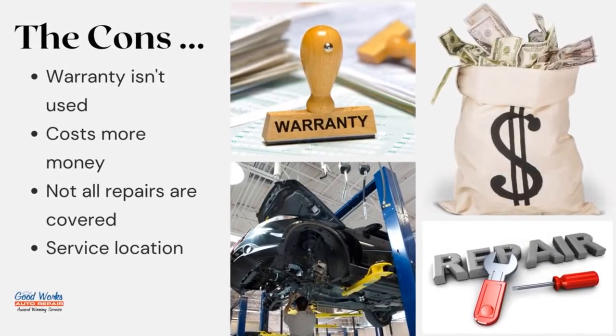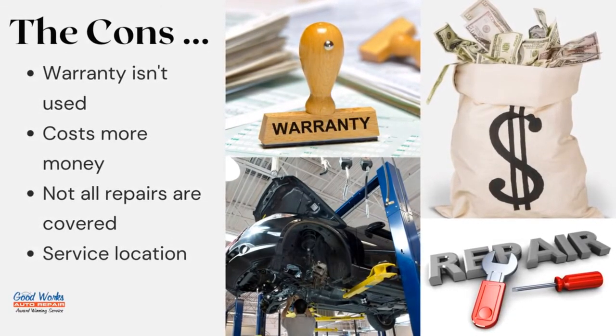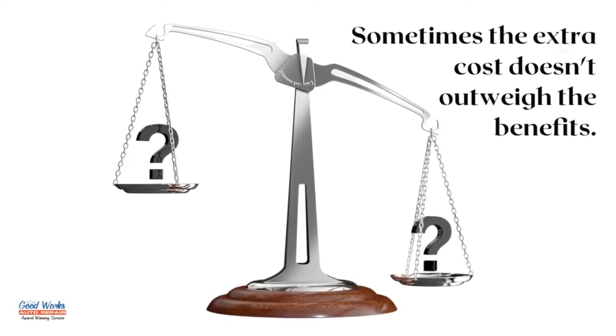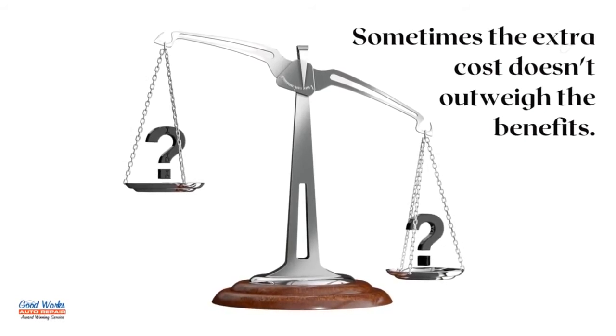Lastly, your extended car warranty may require that covered repairs be completed at a specific dealership or auto repair shop. That could leave you having to cover a large bill if you're out of the area when repairs are needed. If the list of cons seems longer than the pros, you're absolutely right. Many vehicle owners find that the extra cost of an extended car warranty simply doesn't outweigh the benefits of having